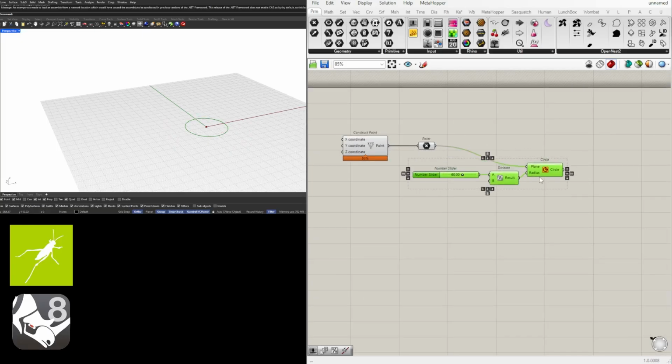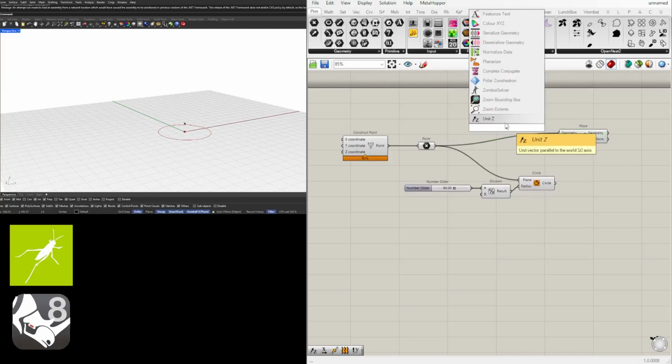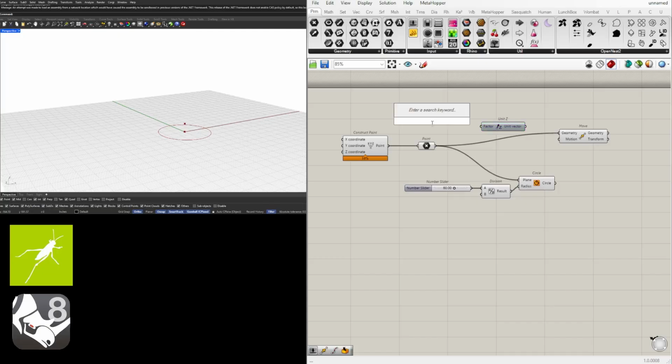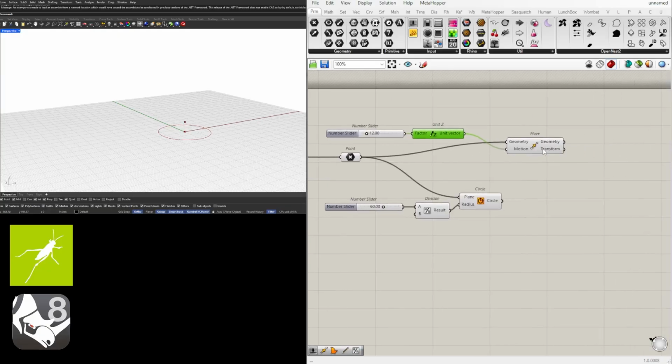So now what we need to do is take this point. We're going to be creating like this toroidal kind of design. And so we need to take this point and move it up. So let's move it in the Z direction. So we'll use that point into the geometry. The motion is going to be in the Z direction. And then we'll use a slider once again. So let's go here to 12.00. And that will define the first movement of that point up, and then be able to create another circle